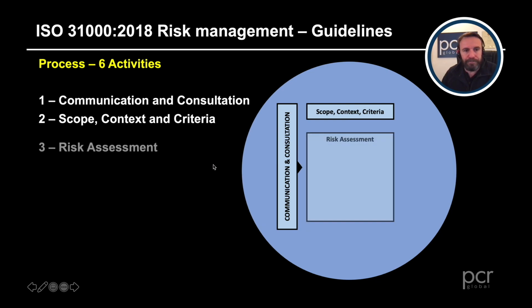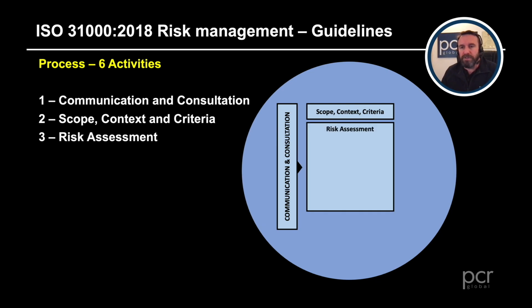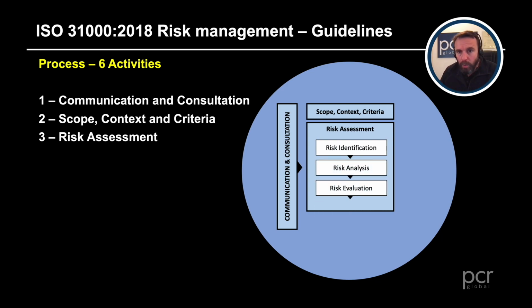We're going to move on. And here comes the risk assessment process. We could be calling this the security risk assessment process, where we identify those threats, we analyze those threats, and then we evaluate the threats against the criteria of the actual risk assessment, the risk management context that we're talking about. That's where the criteria comes in.